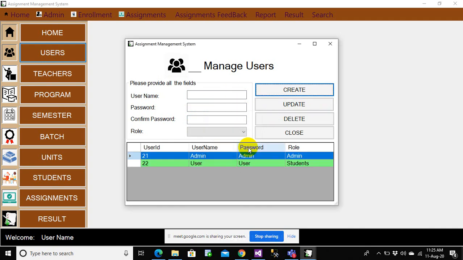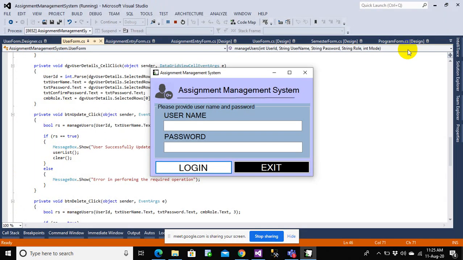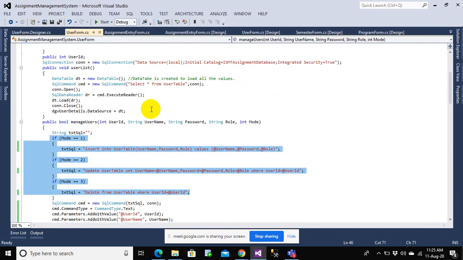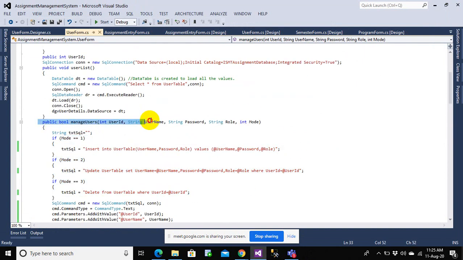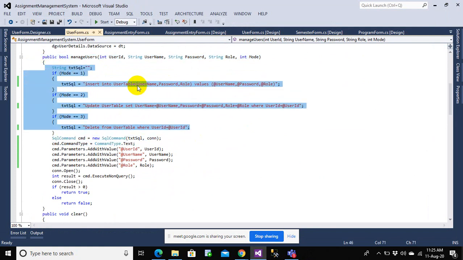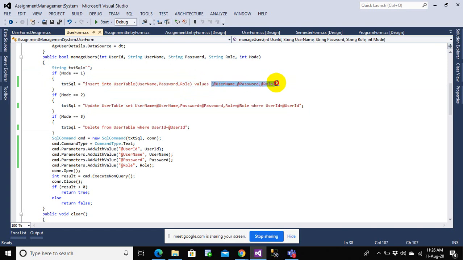Great. So you are able to create this value. See, we created user and admin. So by using the stored procedure, we are able to make insert operation, delete operation, and update operation. And we created a single function that does all the work. Everything remains the same, only the query will change. The way you write the query will change, and this is a more secure way of writing the code.